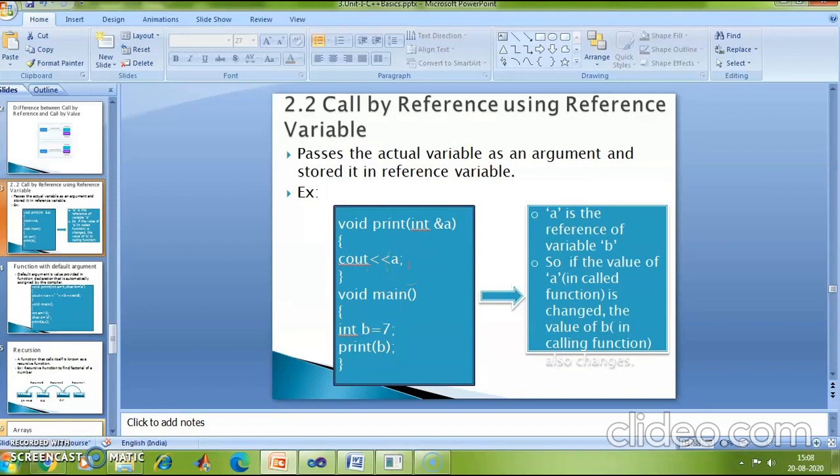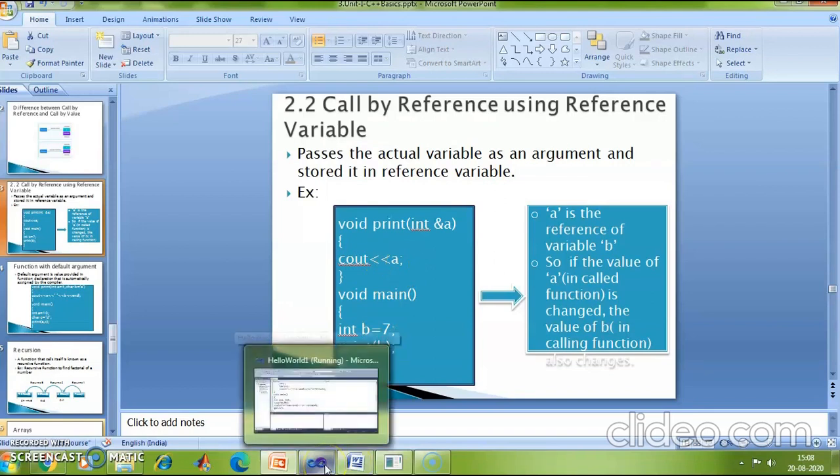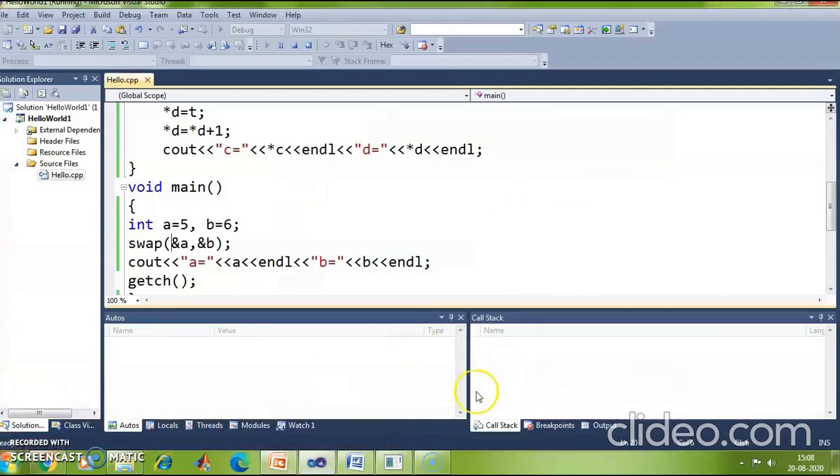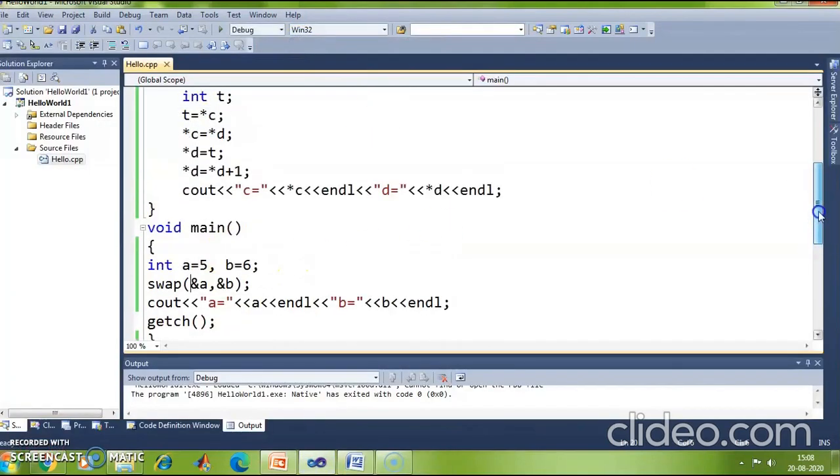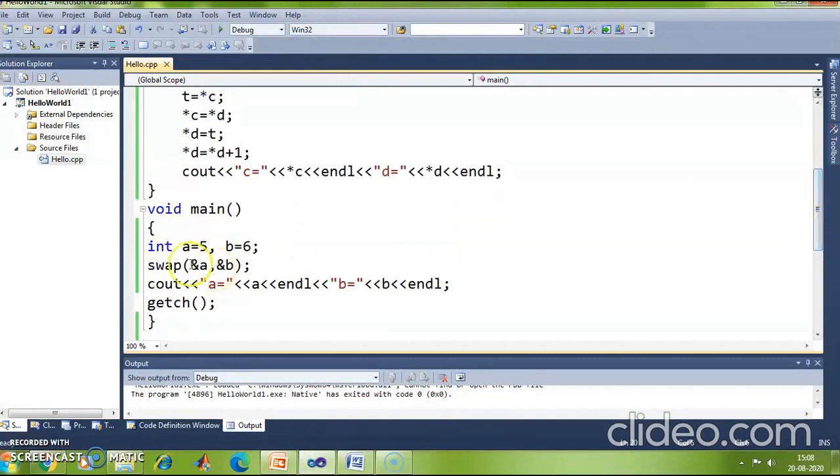Let me also show you with the help of an example. Let's use the same function swap. Now here, instead of passing the address, let me pass the actual variables a and b.